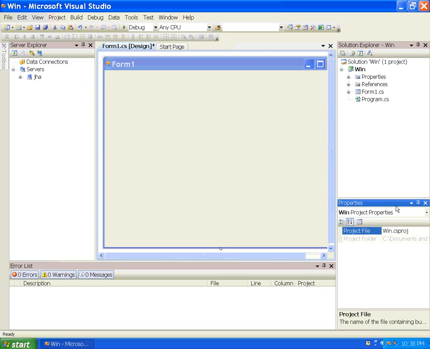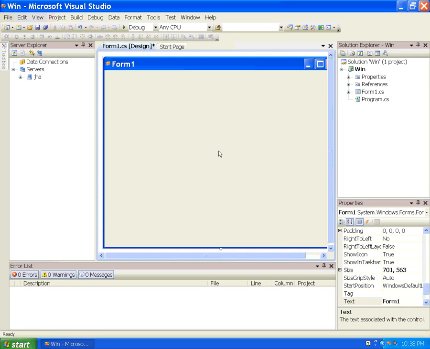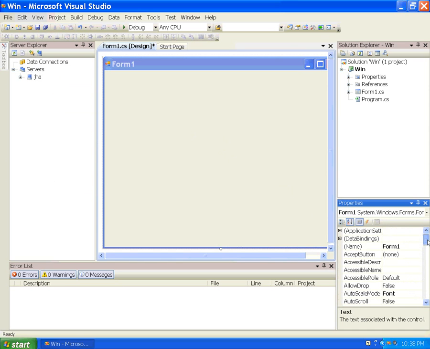This is the Property window. If we select any control, then we can see its properties here, and we set the properties of that particular control. We will discuss it one by one.